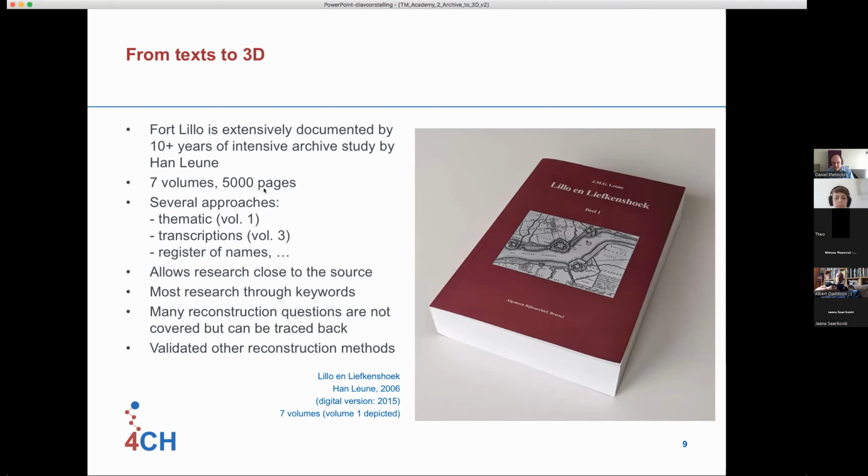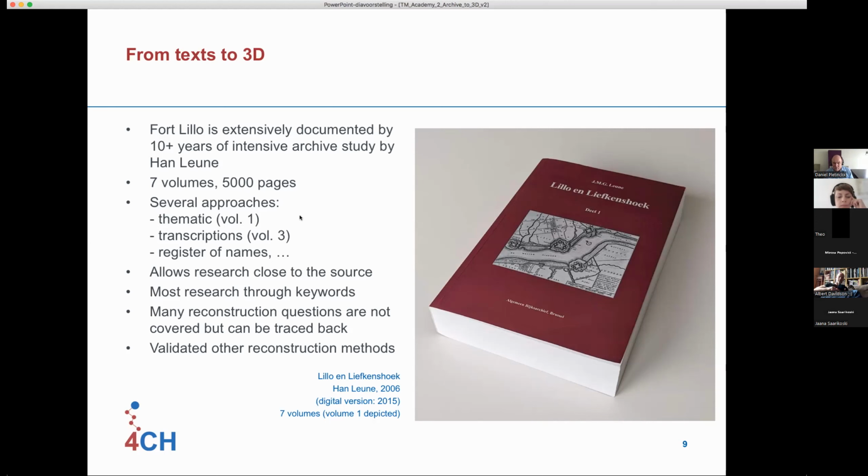So 9 years after publishing, they made a digital version, and we just have these digital files that we can search, in fact, through keywords, etc., to find things back. And in fact, many of those texts are very, very valuable. So that means not only can you find answers to your questions by searching on it,